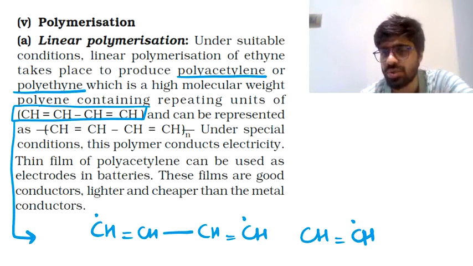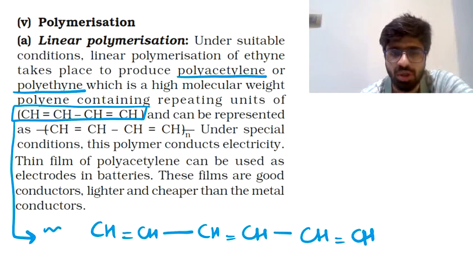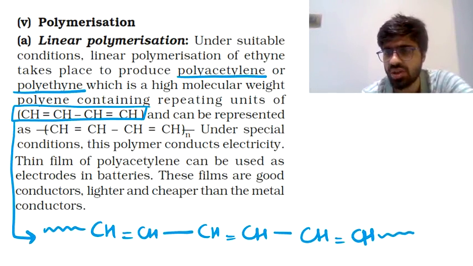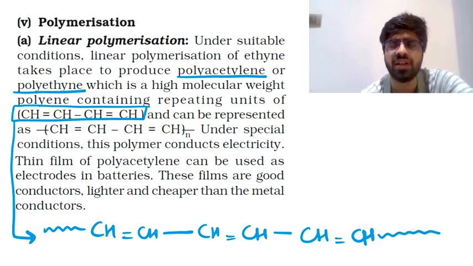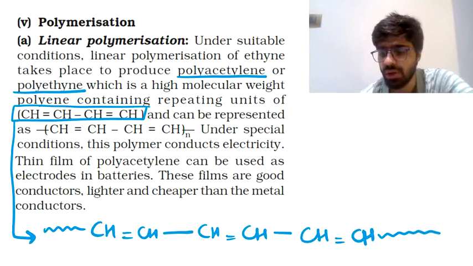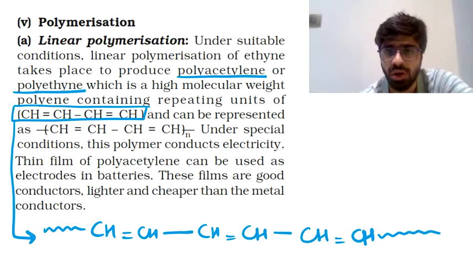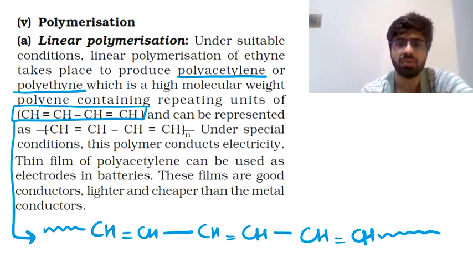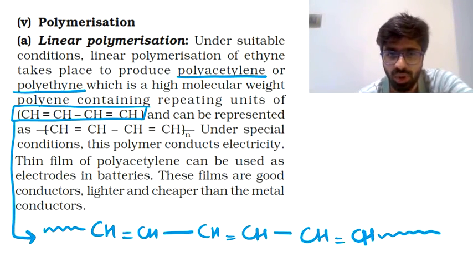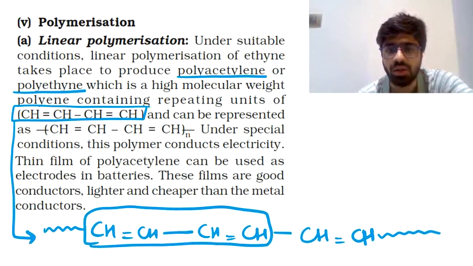Make these two carbon atoms share their electrons, so there's a single bond here, and that entire thing just keeps on continuing for a large number of molecules, and that finally forms a very big molecule formed of repeating units of ethyne, and that final molecule, that final polymer you got, is what you call polyacetylene or polyethylene. Okay, now if you check, this structure is more like this much of structure getting repeated time and again to form the entire molecule.